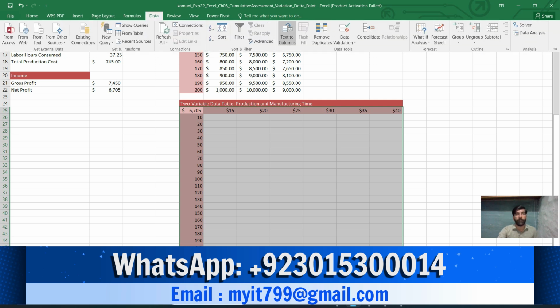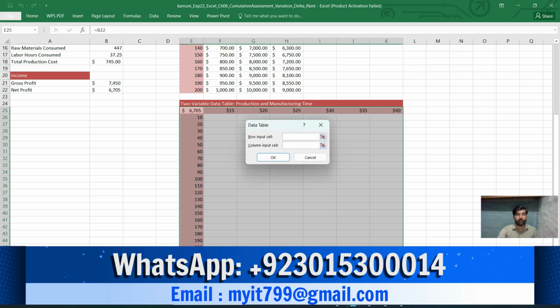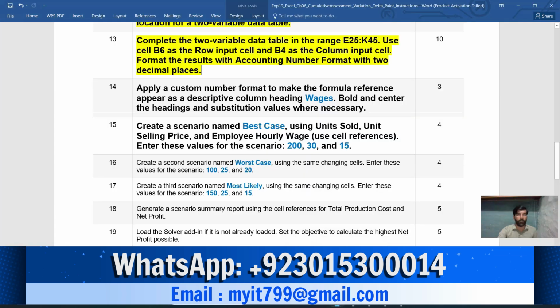Go to the Data tab, then What-If Analysis, then Data Table. The instruction says to use B6 as the row input, and then B4 as the column input.